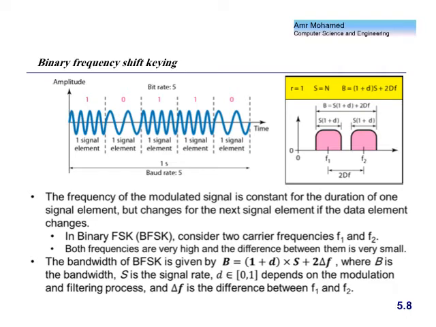So if I have this frequency and this frequency very close to each other, what will happen? This means that this will be interpreted in the frequency domain as interference, which means that those two will interfere with each other, will overlap. And it will become very tricky for the receiver to separate or to recognize that this is 1 and this is 0.